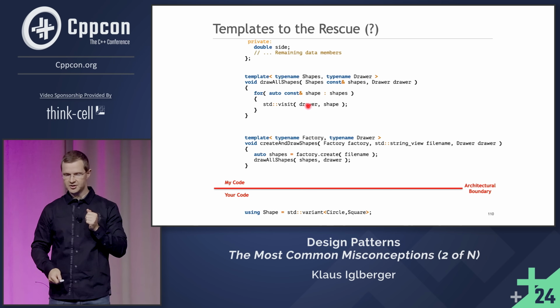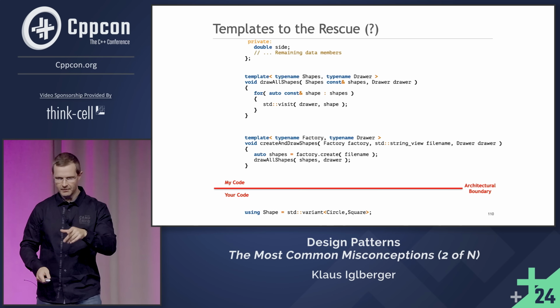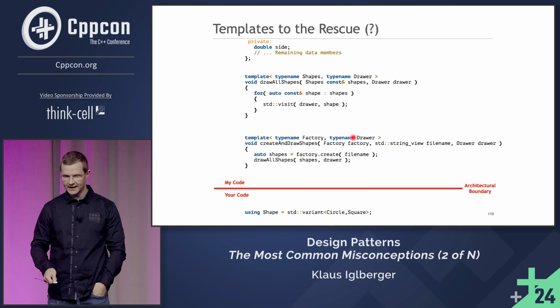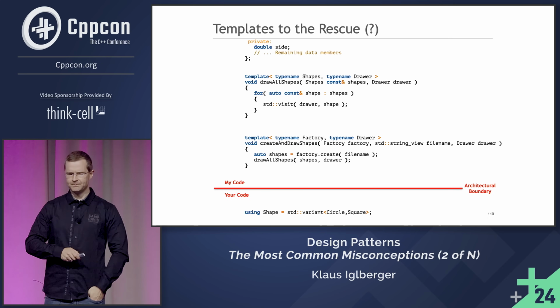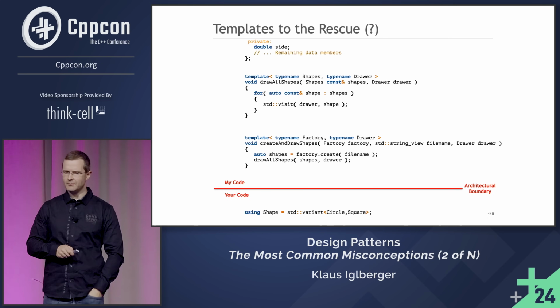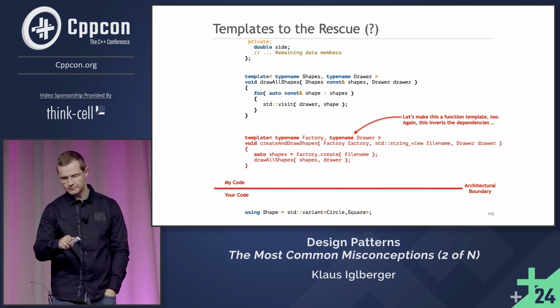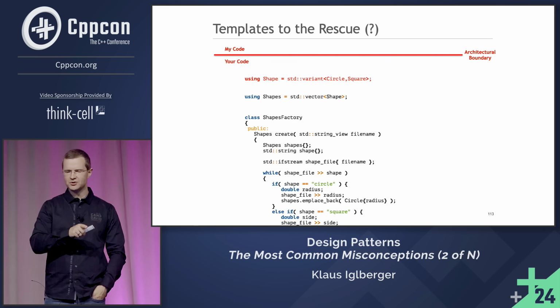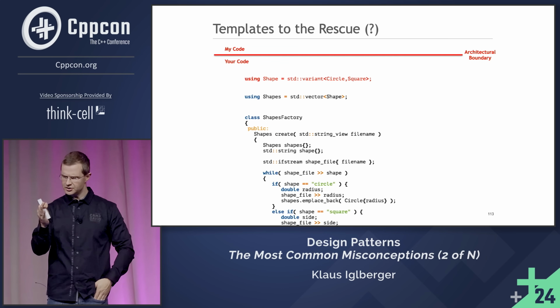I'll still visit with this thing, this thing needs to be a vector of drawers, whatever, but it's now a template parameter. Same for the create and draw shapes. Again, draw needs to be a variant thing. Okay, that's gonna help. Indeed. So now if we do this and that, forgot the animation, then actually the shape abstraction can be on your side. You decide what you want to define as a variant. It's yours.